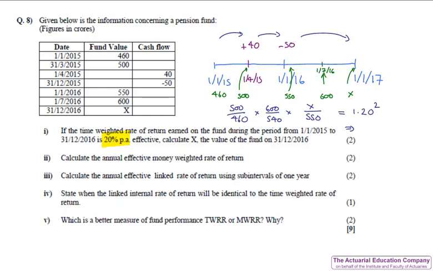Rearranging that gives X to be 655.776. Now we've got that, we're asked to calculate the money-weighted rate of return. The money-weighted return is obtained by accumulating the cash flows. So our initial fund value was 460, that's accumulated 2 years. We had a cash flow of 40 in April of the first year, so that leaves us 1 year and 9 months left, and then a cash outflow at the end of the first year, so that needs to be accumulated 1 year, and that should give us our final fund value, which we just calculated in part 1 as